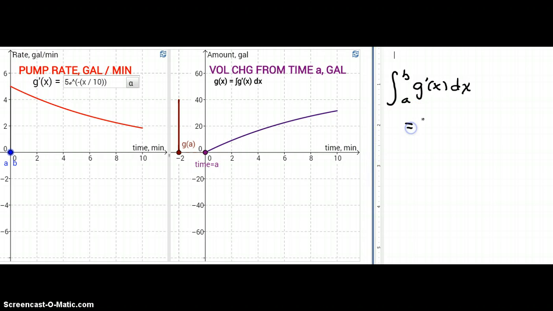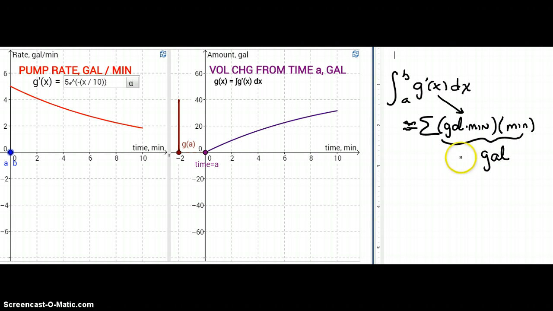Now, we can think about this as approximately an infinite sum of some quantity in gallons per minute, which is the g prime part, times minutes. And so we could go through the math and come up with some numbers and some answers here, but the important thing I want to show you is that if we go through this calculation on the units, we find that the result is gallons. And so, as we've already seen, this quantity really represents the change in the number of gallons from time A